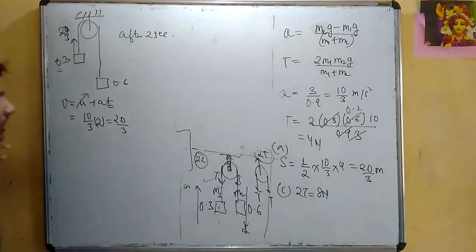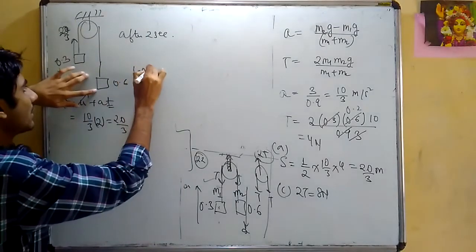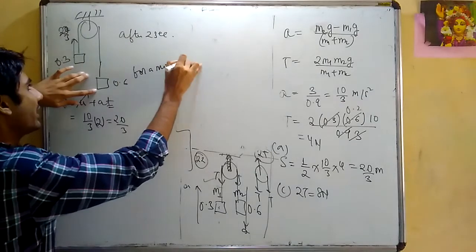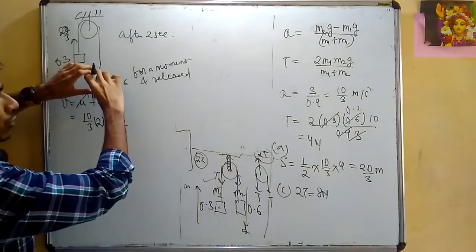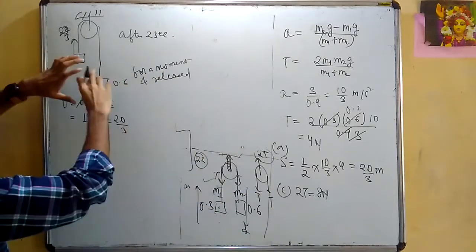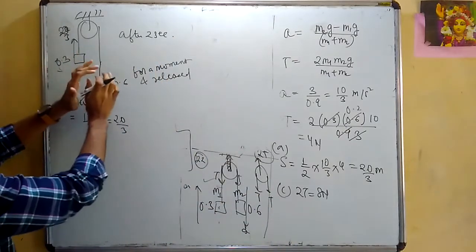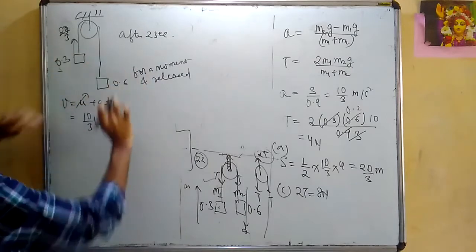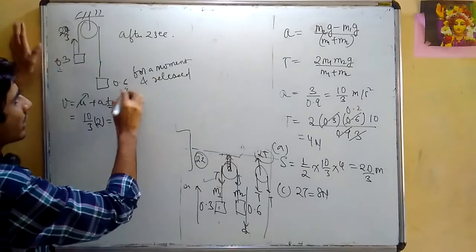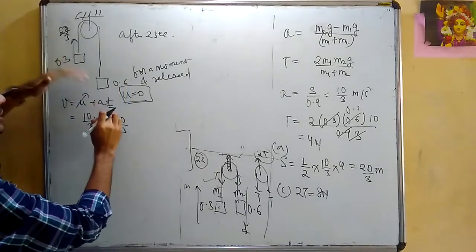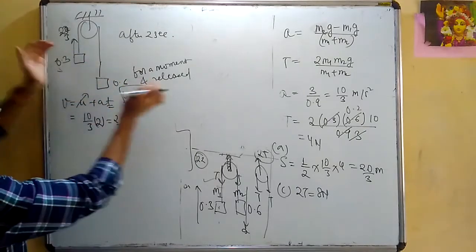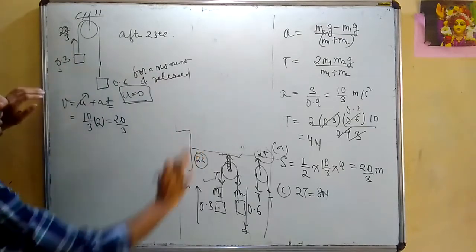Now it is given to you in the question. If you read the question carefully, you see this is stopped for a moment and then it is again released. Don't get confused. It is mentioned it is stopped for a moment. It is not held. It is stopped for a moment and then released. जैसे इसको पकड़ लिया, इसका speed हो गया 0. It means now it will do normal free fall. It was initially having same speed as this one, 20 by 3 downward. But if you hold it for a moment, its speed becomes 0 and now you have released it.